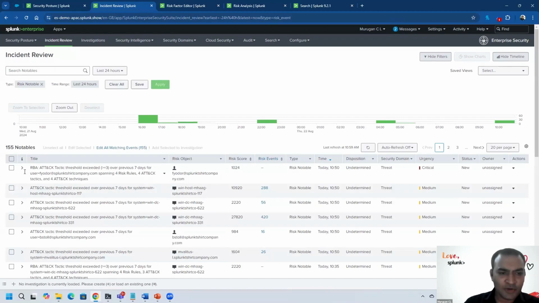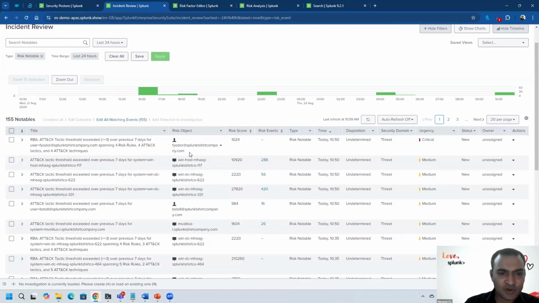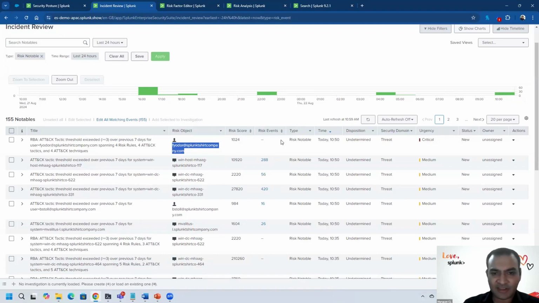Okay, so I'm going to focus on the first one. The first one is for an object called Fyodor at splunktshirt.company.com. I can see that the risk score is at 1024. It has not populated the risk events yet, so maybe we'll take another one. We can take a look at this one, the system for Windows host. The risk score for this one is pretty high, 10,000, and then the number of